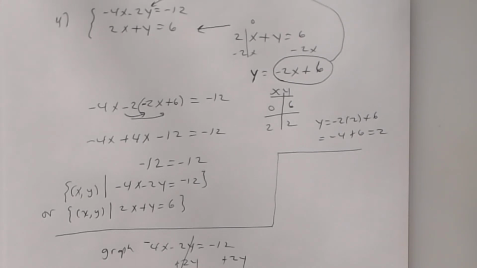Okay? All right. So that was a review of substitution. You had 2 new things, though, where the system either had no solution or the system had an infinite number of solutions. Notice I didn't say all real numbers. I just said an infinite number of solutions. Okay? All right. Now,